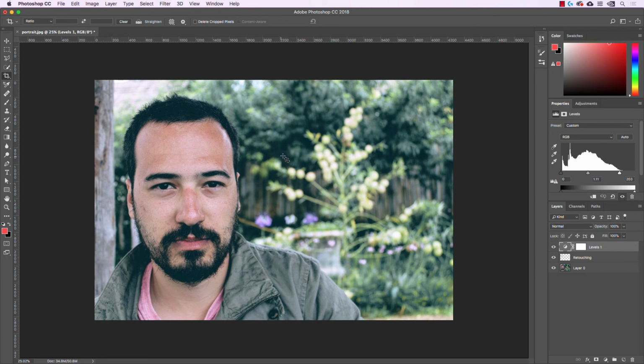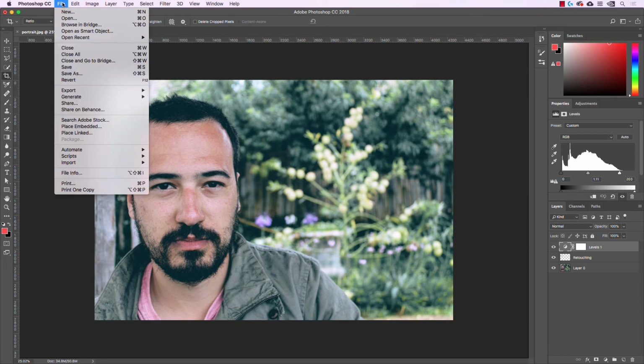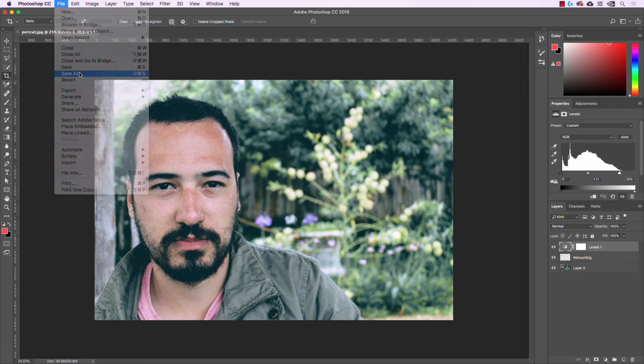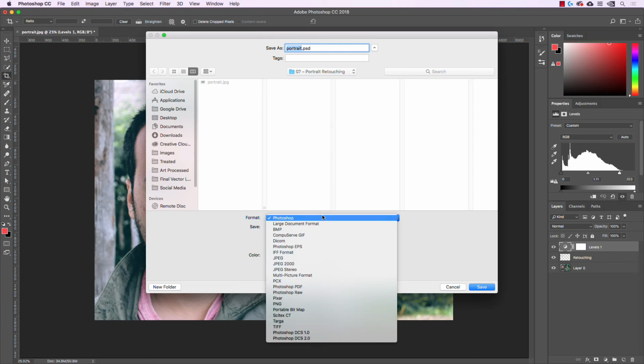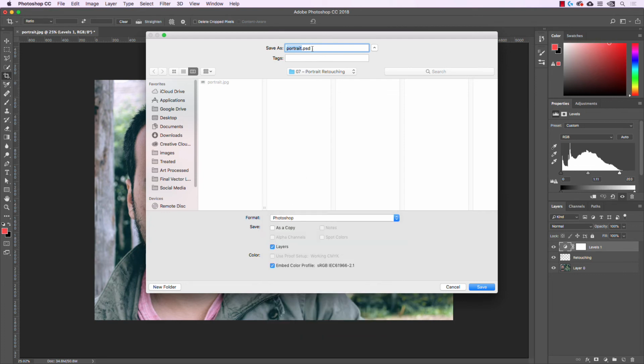Last thing I just need to do is save it. So if I go to File and Save As, I want to talk a little bit about the different format options that are available in Photoshop. And one of the main ones you want to use is just the Photoshop format itself. That's a PSD file, and the nice thing about a Photoshop format is it's going to retain all of your